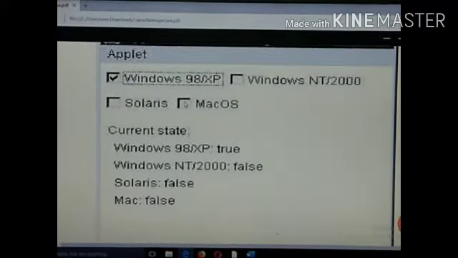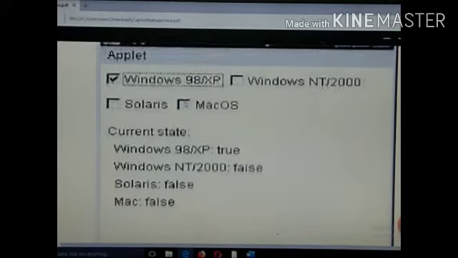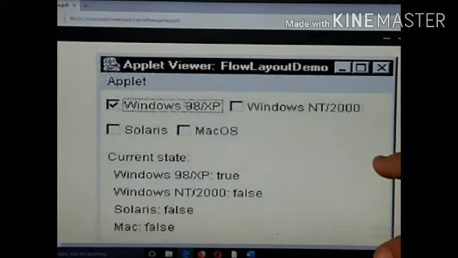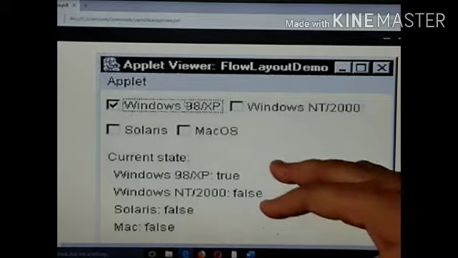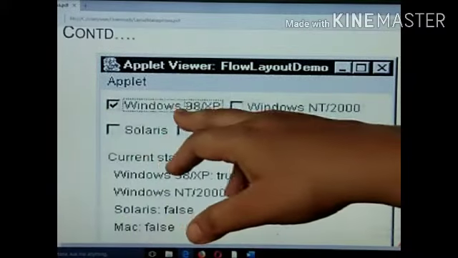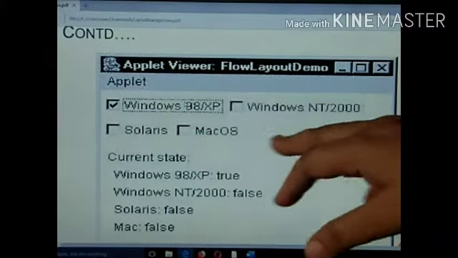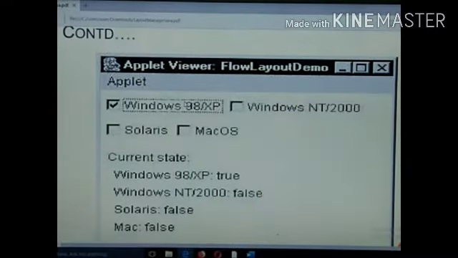So this is an example. I will show you some other example later. Here in this example, this is a component, this is a component, this is again a component, this is a component, it is placed in order. Okay.